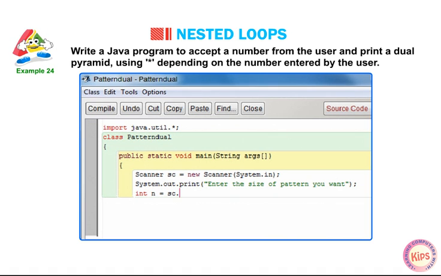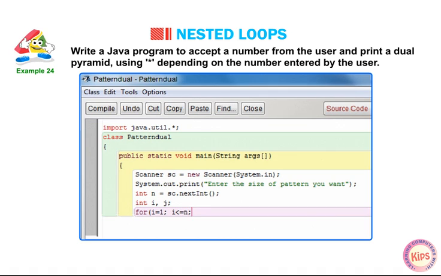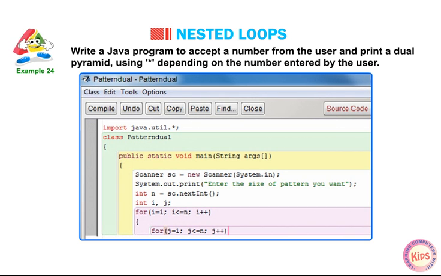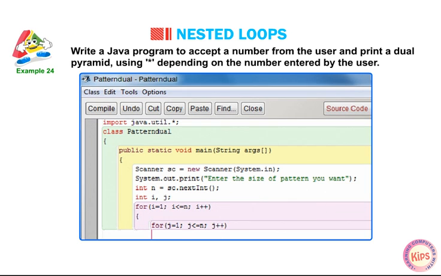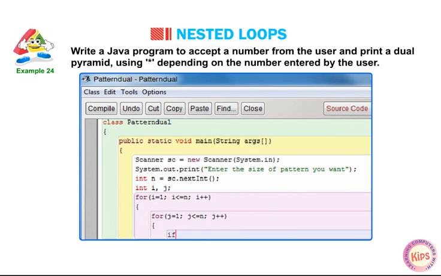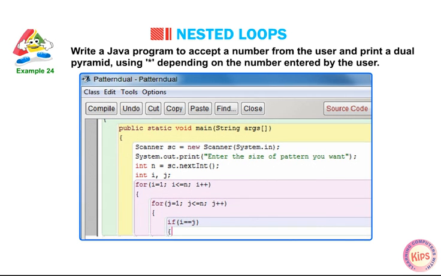int n = sc.nextInt(); int i, j; for (i = 1; i <= n; i++) { for (j = 1; j <= n; j++) — nested loop. { if (i == j) {